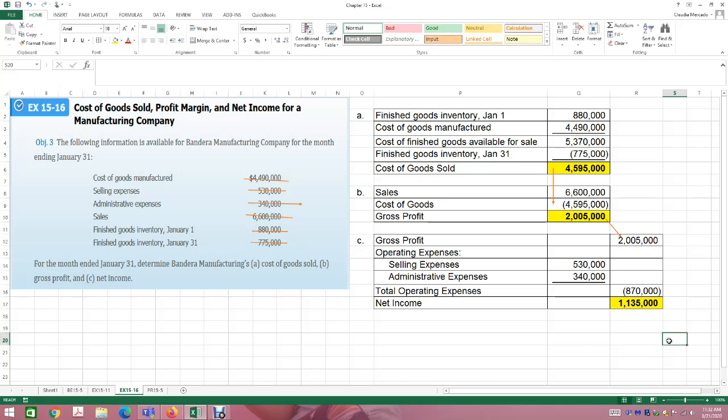So if you get one of these incorrect, then everything else will be incorrect. That's how it works in accounting. You can't make one mistake because that mistake trickles to the rest of the problem, and then everything else will be wrong. So it's very important that we are clear with the calculations. If you need to, go back and figure out what needs to get done, because it's a flow of information. Whatever we calculate in one flows to the next, flows to the next. So that is the third problem that I'll be covering.